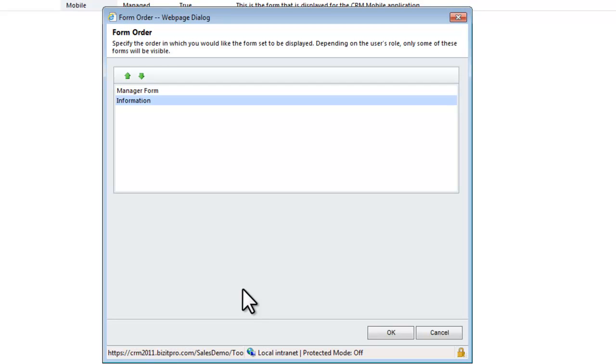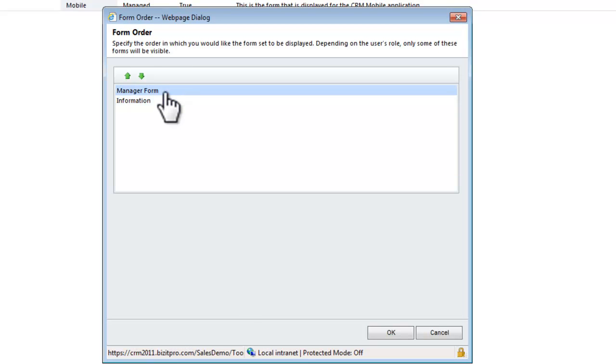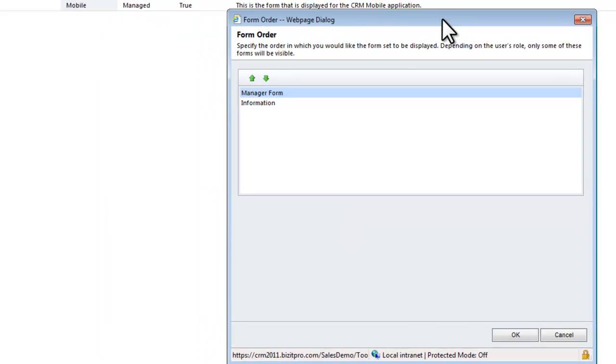So what happens is that the manager form will not be available to anyone but the manager, who could also see the information form. Since we want him to default to the manager form and not the information form, we want the manager form to be first in the list. So in this particular case, with the configuration that we have in place, when the manager goes and looks at a case, he will see the manager form and not the information form. All other users of the system will go straight to the information